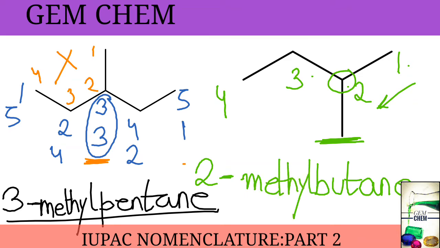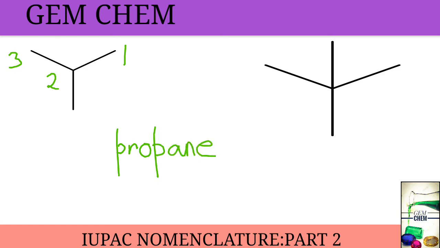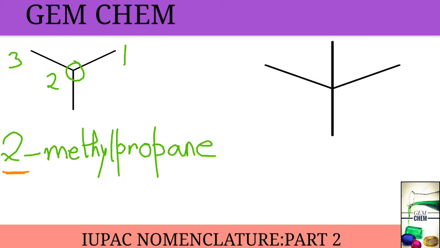Now let us go to the next example. Now let us number it 1, 2, 3. Now this is the longest chain, so we write prop and ane as the suffix. Now the substituent is present in second position, so we write 2 methyl. But in this case there is an important thing to know. This 2 can be dropped and we can write methyl propane,